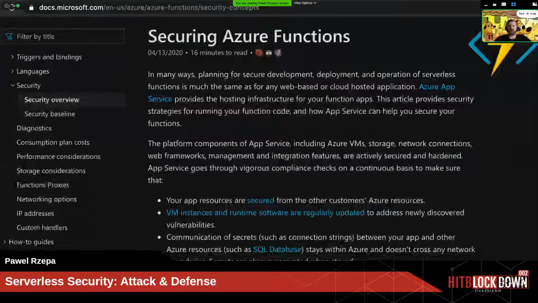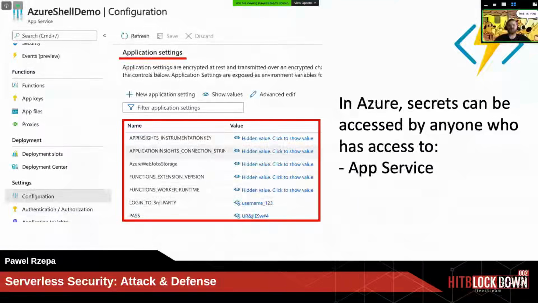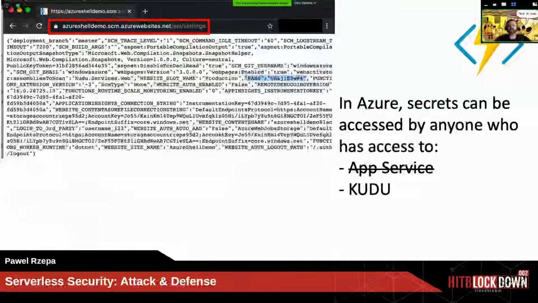One thing to point out here is the official Azure documentation, where you can find such information that secrets are always encrypted when stored by default. But this is partially true, and some developers may mistakenly think that they do not need to encrypt those values. Because every user in your Azure tenant who has the access to app service can simply display them in plain text. Furthermore, what is less obvious is the Kudu service, and the Kudu service is running on the top